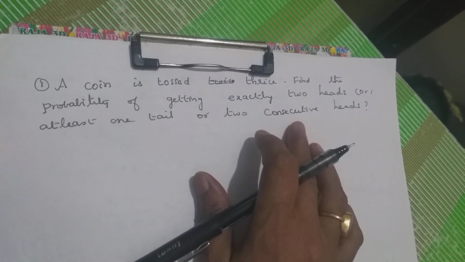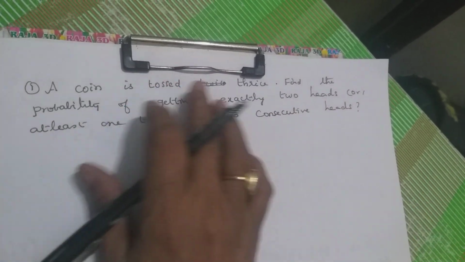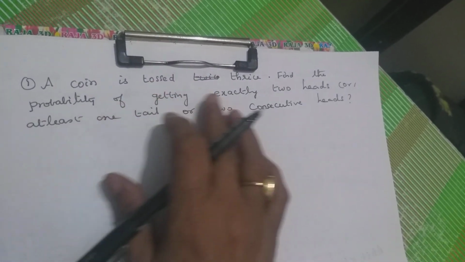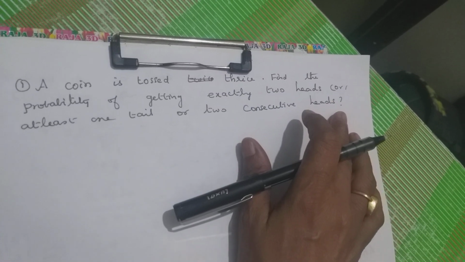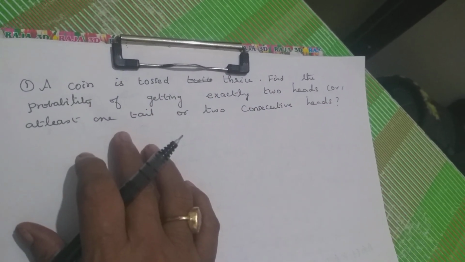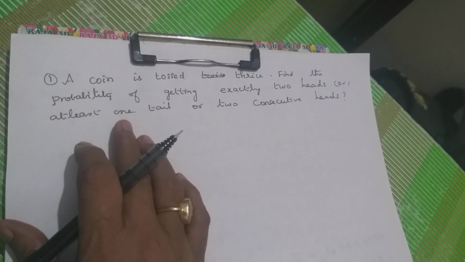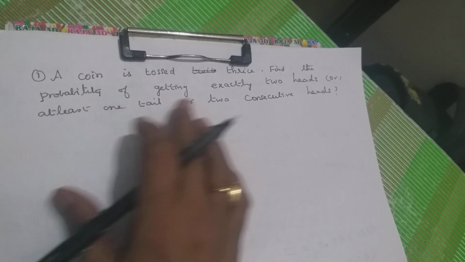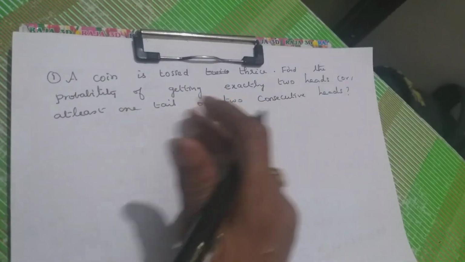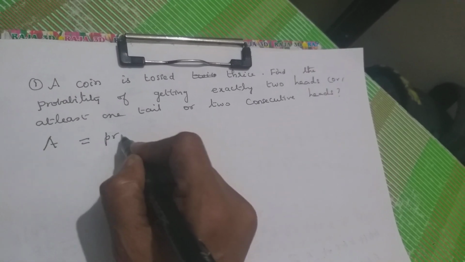So in this problem, if you read, I am going to take three cases given. The coin is tossed three times, so you have to find out three cases. It is given as an either-or condition. So in probability, we know in an either-or condition, we have to use the formula P of A union B union C. Suppose you assign A equal to the probability of